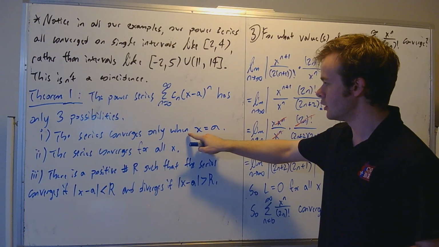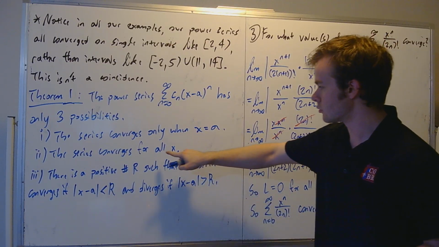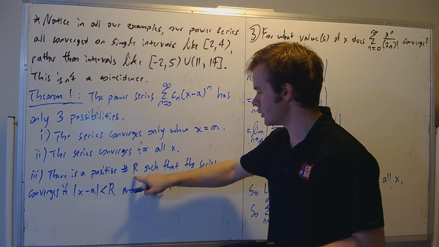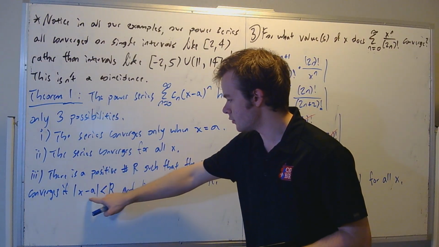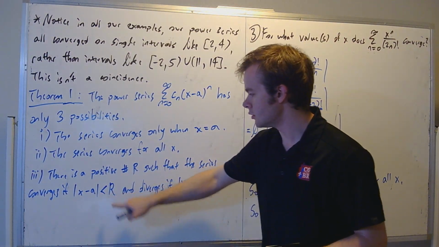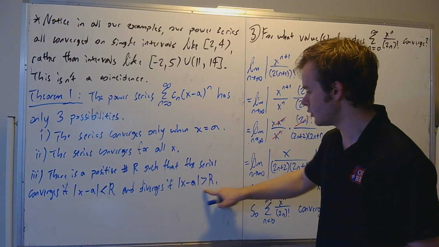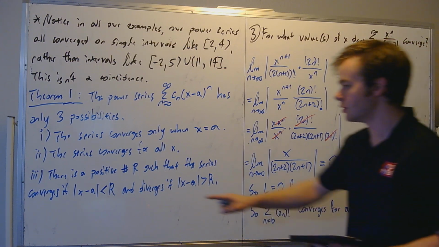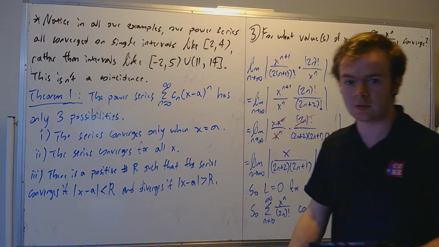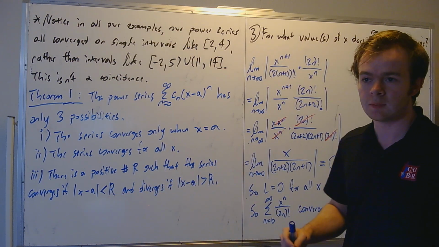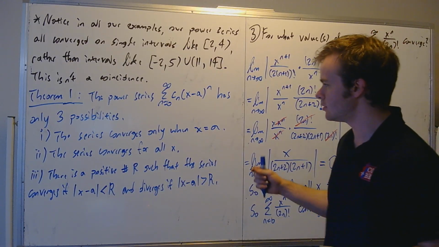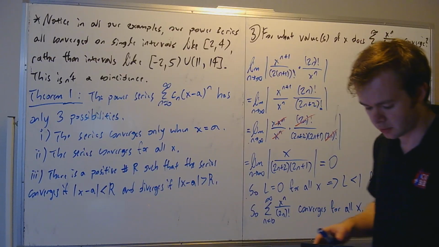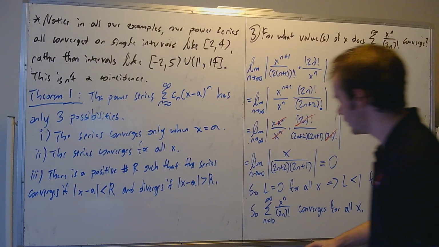So either the series converges only at x equals a, or converges for all x, or whenever there's some number r such that for every x value in this range, the series is going to converge, and for every x value in this range, the series is going to diverge. But notice it didn't say anything about when x is equal to r. So that's like an example, I think it was example 1, where we had to test the endpoints to see what happens when x is actually equal to r. So you have to be a little bit careful there. But